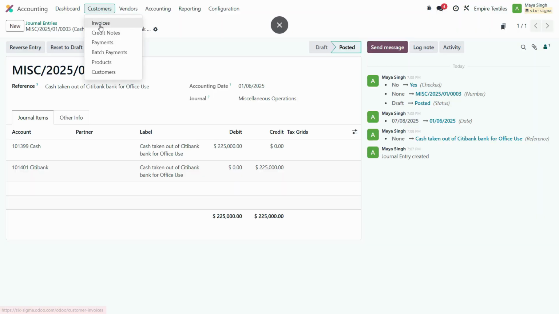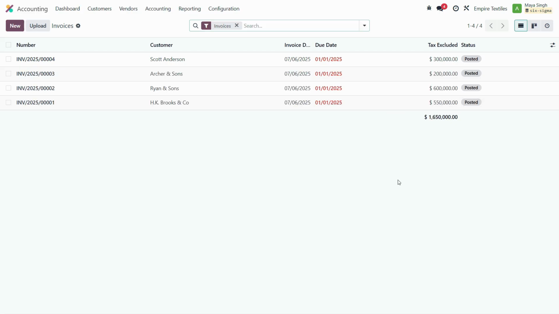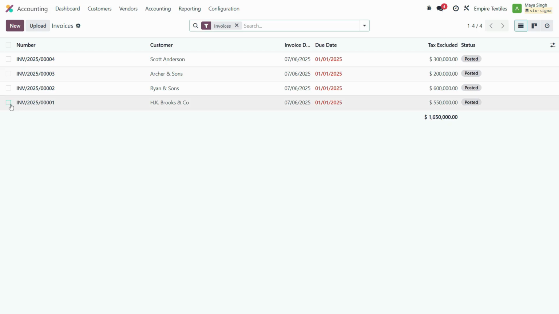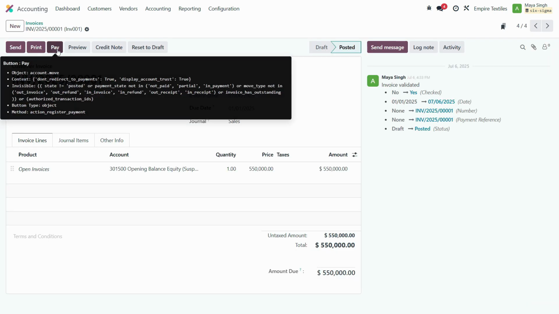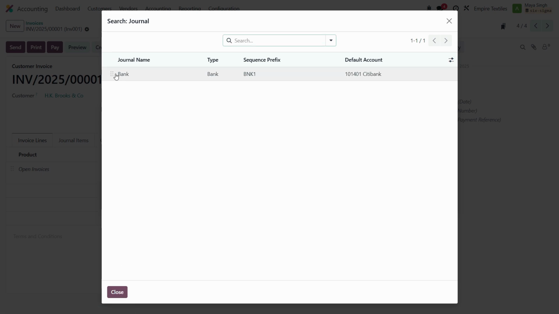First of all, just head over to the customer invoices, and from HK Brooks, let's say this is the invoice, so we are receiving against that. HK Brooks invoice is this. Let's open this up and click on pay. We are receiving it in cash, so the journal should be cash. Click on search more. As we can see, the journal is already set, but we cannot add the new one